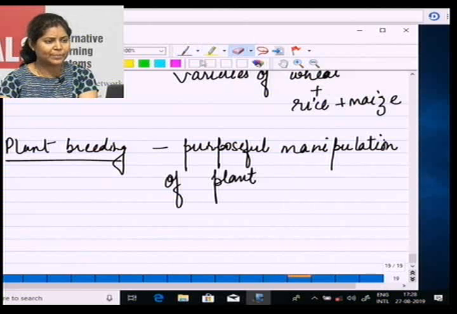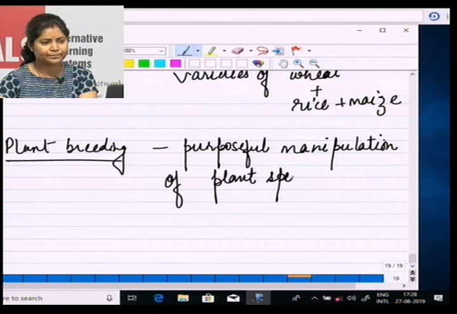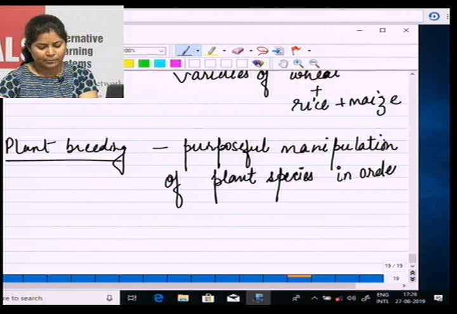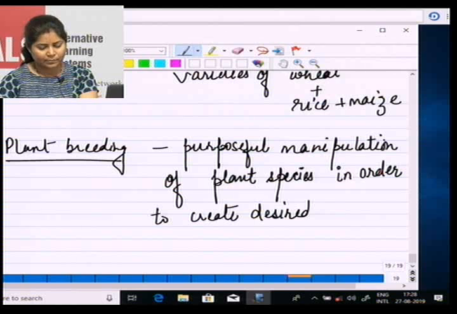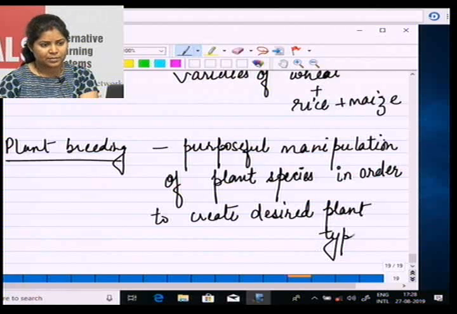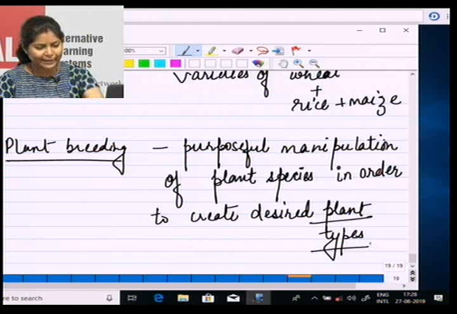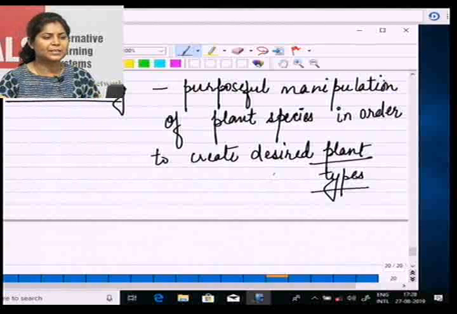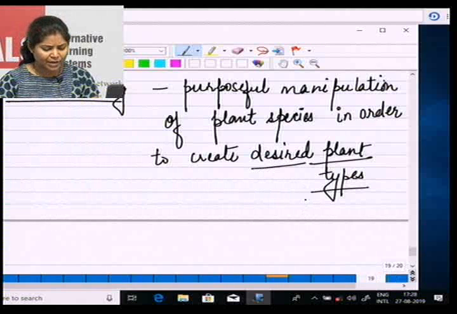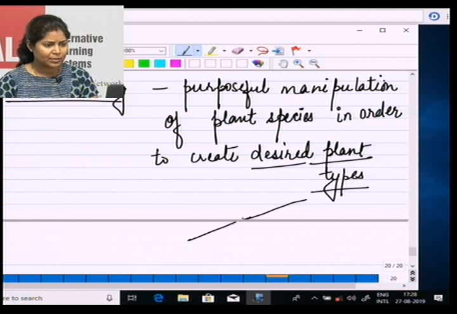Why? In order to create desired plant types. What is your desire? Obviously, desired plant types which are, number one, suitable for